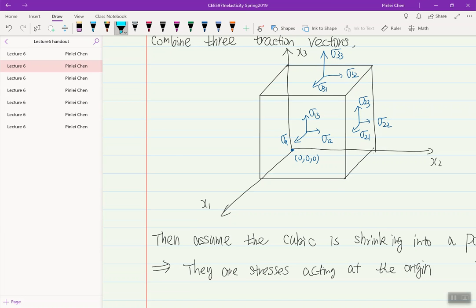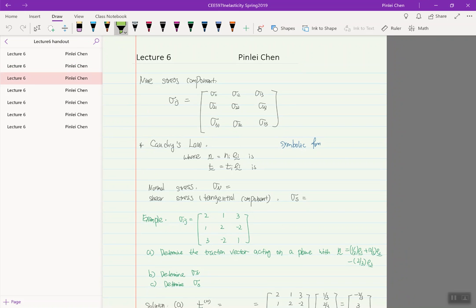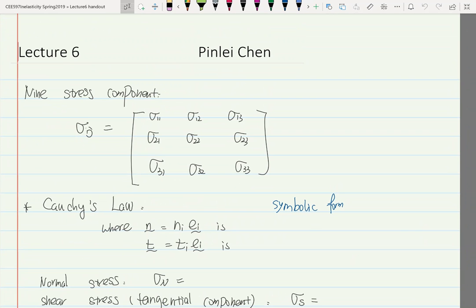If that is the case, we could further write out the 9 stress components at that particular point, 0, 0, 0. When you have all of them sitting together, you will notice that you have 9 unknowns here, 3 by 3. Because it's the stress, it should have some relation with the traction, as we have just seen before, because E1, E2, E3 are the normal vectors in the 3 different directions for this Cartesian coordinate system. From Cauchy's law, we know that Ti equals sigma ij nj,